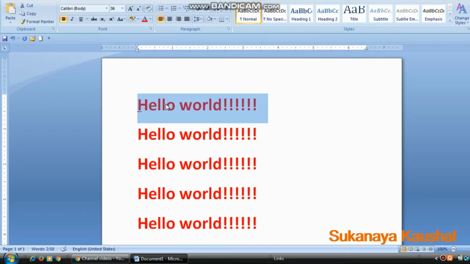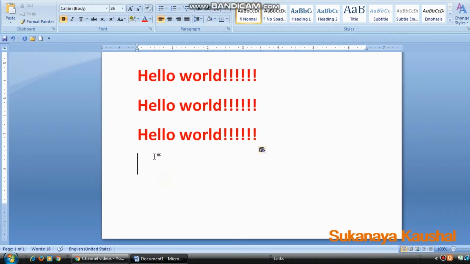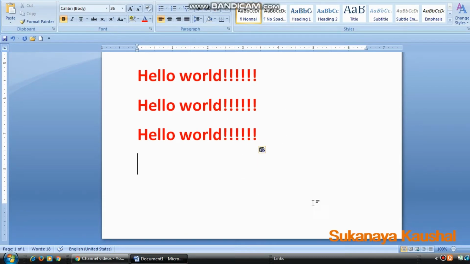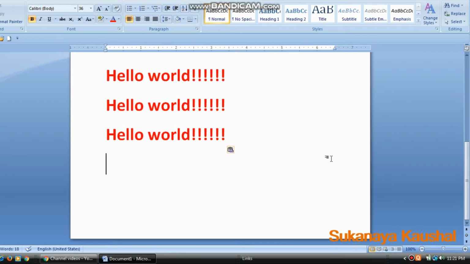So it is a temporary storage area that is going to be shared among all the Windows applications. What is it doing? It is copying the data and keeping it temporarily, and it is a storage area which is not visible, but holds all the data that has been cut or copied. First it goes into the clipboard, and after the clipboard it goes to the place where we want to paste it. So that is the concept of the clipboard.